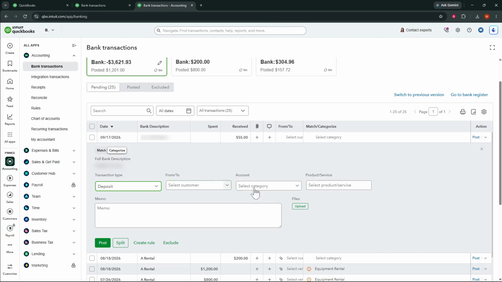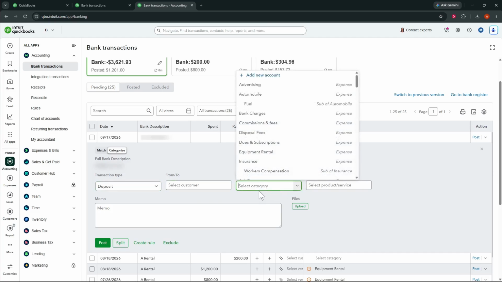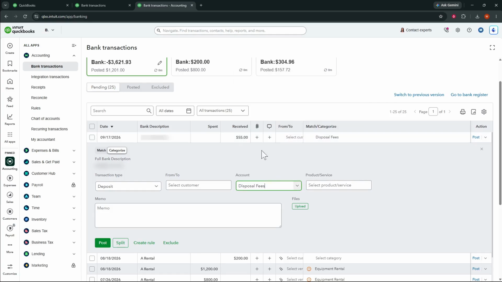A list of QuickBooks accounts and categories will appear, and you can either scroll through the list or use the search function to narrow it down. Search for the account or category that fits the transaction, then select it from the results. Take a moment here to confirm that the category you choose reflects the purpose of the transaction shown in the